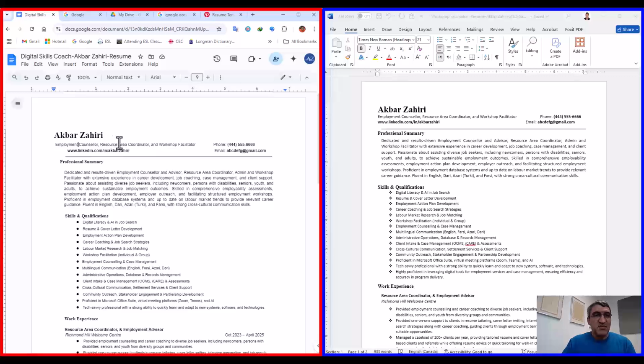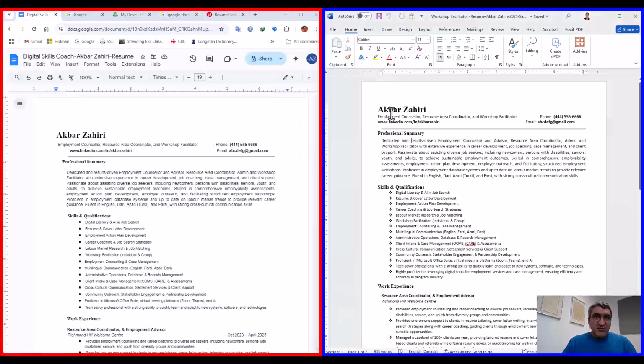So there is no worry about, okay, when I have Microsoft Word, I will access lots of options. Yes, actually, Word gives you lots of options, but most of them are not necessary, only for specific jobs. So at this point, I wanted to make you familiar that Google Docs is exactly similar to Microsoft Office, the same options you can access on the internet, but it is totally free.